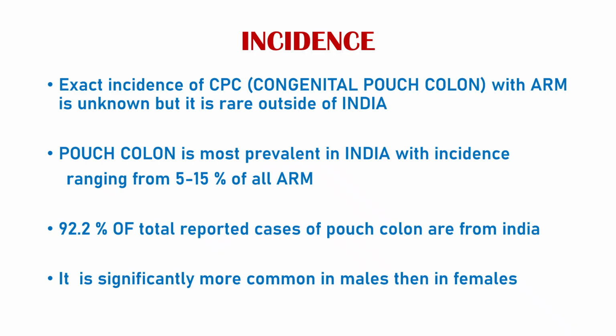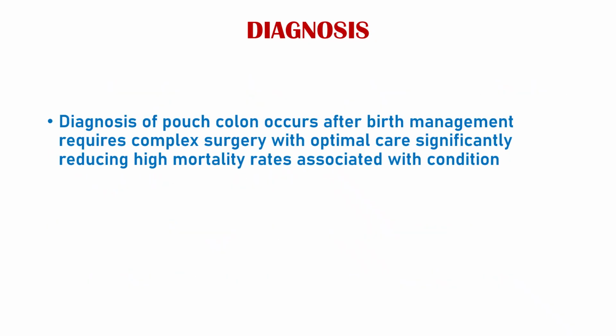The exact incidence of CPC with anorectal malformation is unknown, but it is rare outside of India. Pouch colon is most prevalent in India, with incidence ranging from 5 to 15% of all ARMs. 92.2% of total reported cases of pouch colon are from India. It is significantly more common in males than in females. Diagnosis of pouch colon occurs after birth, and management requires complex surgery with optimal care, significantly reducing the high mortality rate